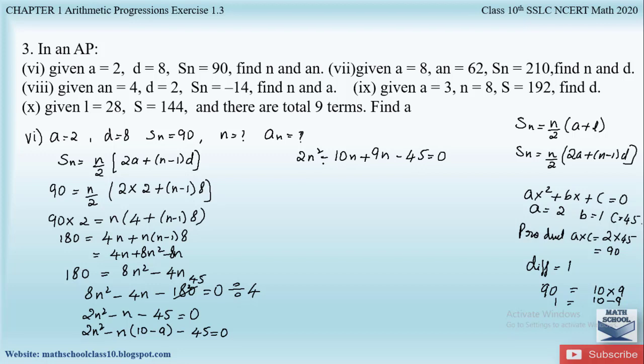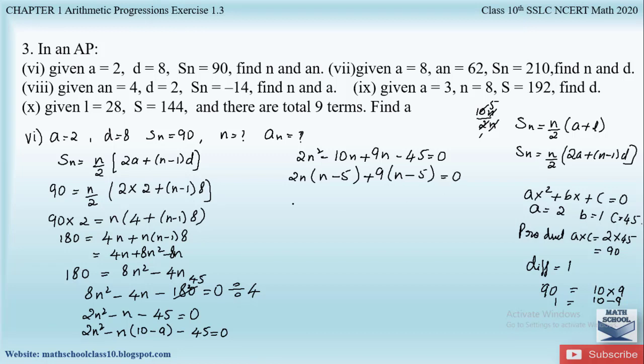Or if we take 2n common here in the first two terms, we will get n minus 5 here, because 10n divided by 2n is n, 2 cancels, 1 times, 2 5 times, only 5 is left, so 5 is here. Plus if I take 9 common here, I will get n minus 45 divided by 9; 9 5s are 45, so it is n minus 5